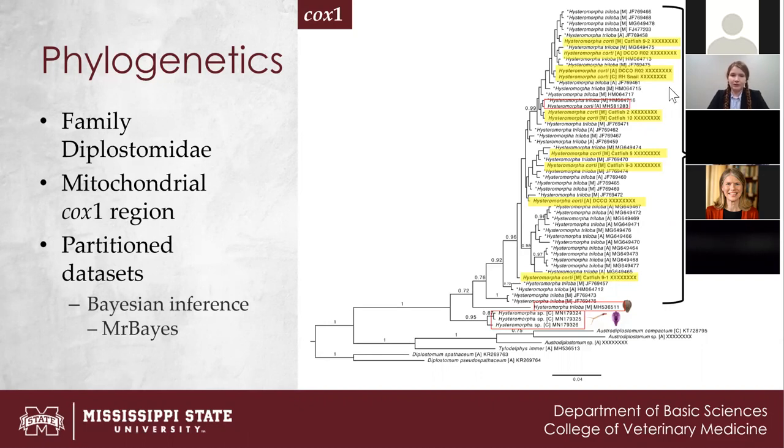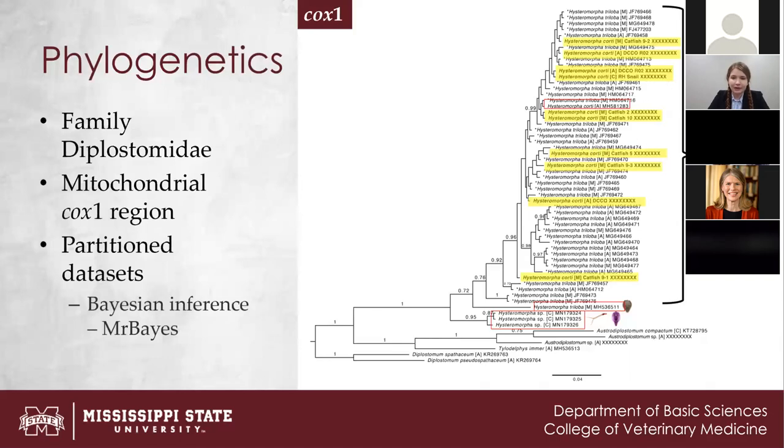And then it also contains right here a sequence that has been confirmed to be Hysteromorpha corti. Because all of these North American specimens are so genetically similar to each other and are clearly separated from both the South American Hysteromorpha species and the European Hysteromorpha triloba, we believe that our sequences are in fact a separate North American species, Hysteromorpha corti, and that all of these that are labeled Hysteromorpha triloba here are just